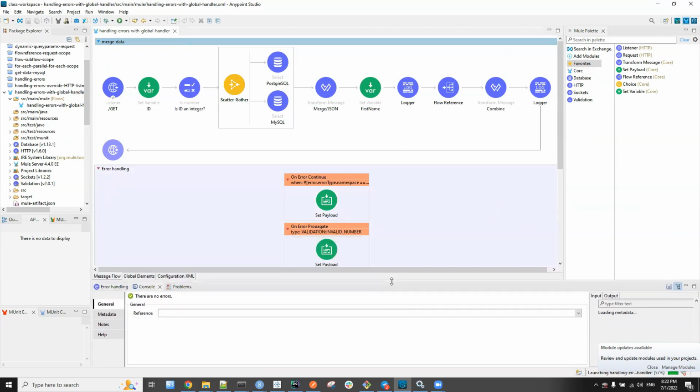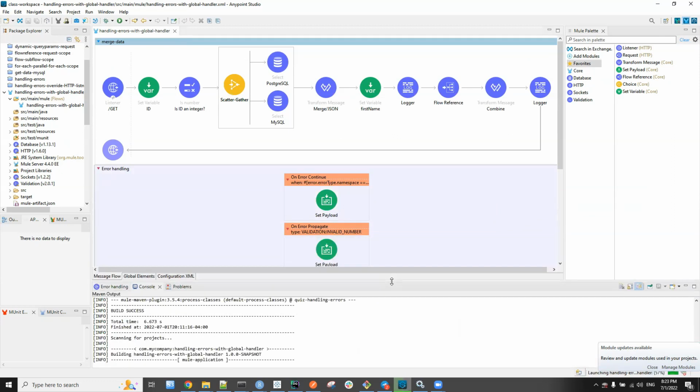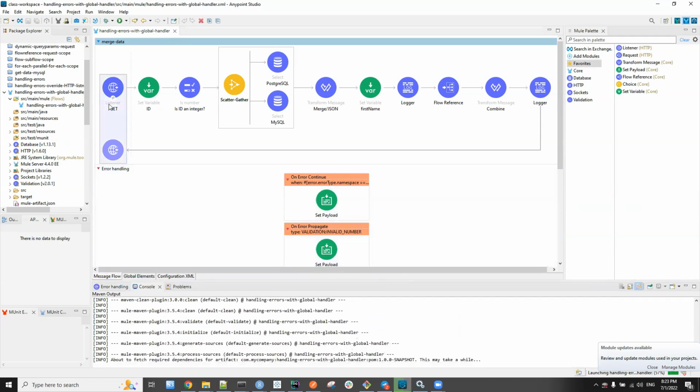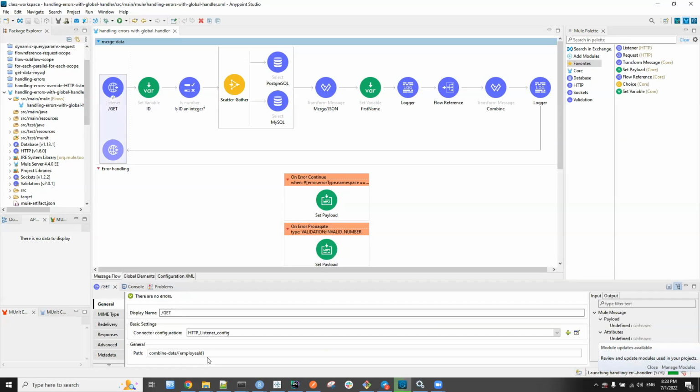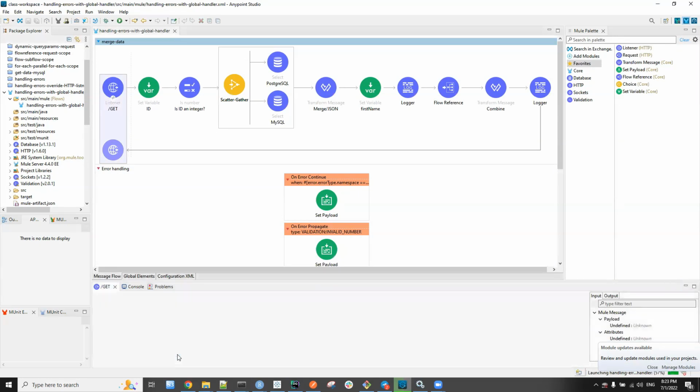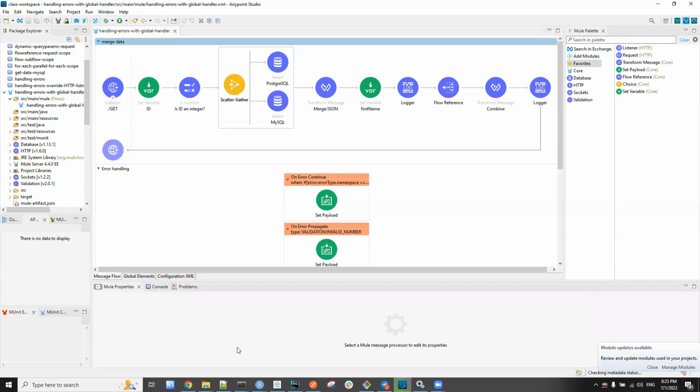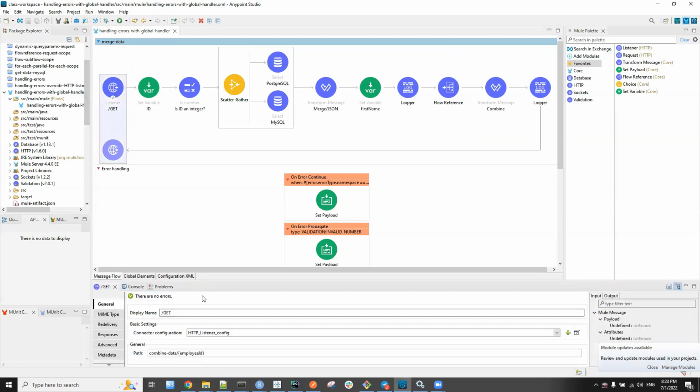This one, I combined two projects we did before. So what it does is it combines some data. You give it an employee ID. You see where I have a URI parameter here at the bottom for the listener. Yeah, I have a URI parameter here within curly braces.